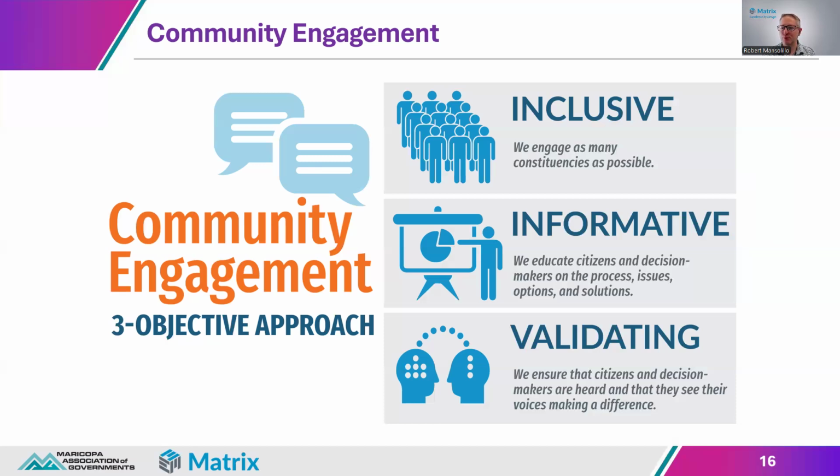Okay, so let's get into community engagement. I have a few slides here. This is very important for us to get some information from the community, and this will explain how we reach out to the community to solicit that information. So we like to be inclusive. We like to engage as many constituents as possible, whether that's holding a meeting either virtually or in person, or maybe not even holding a meeting, maybe just getting out into the community at different events that are going on,